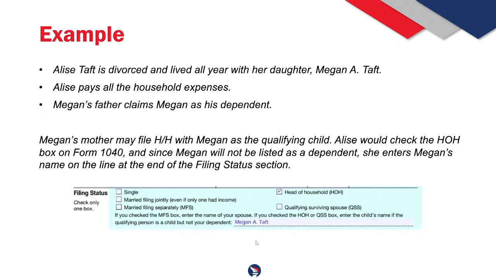In different circumstances, you might still want to. If Megan was very young, when it came to dependent care expenses, I would still have to list her here. If I was lower income and was qualifying for earned income credit, I would still have to list her name here so I could qualify for that credit too. Also,